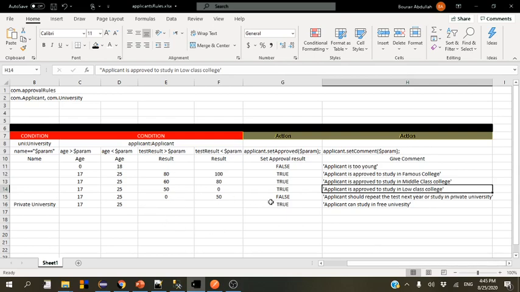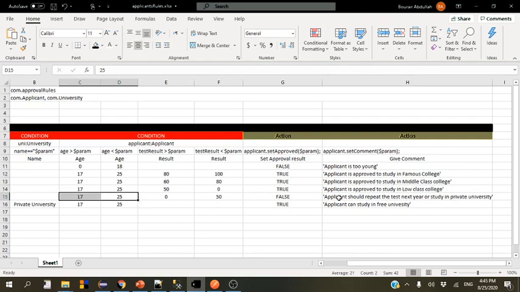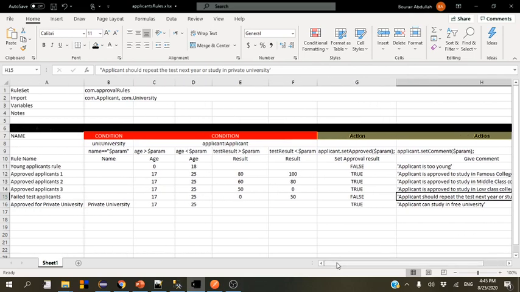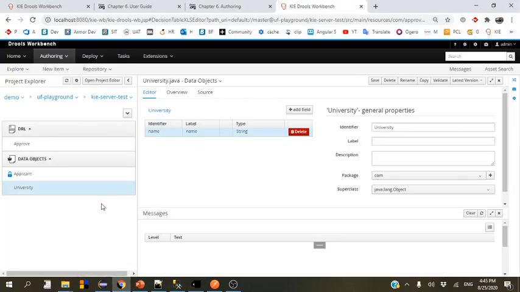If he failed the test and he is in the correct range of age, he should repeat his test next year. If we give the name of the university inside the university object, a private university, he's going to be approved to study in a private university. So coming back to our workbench,